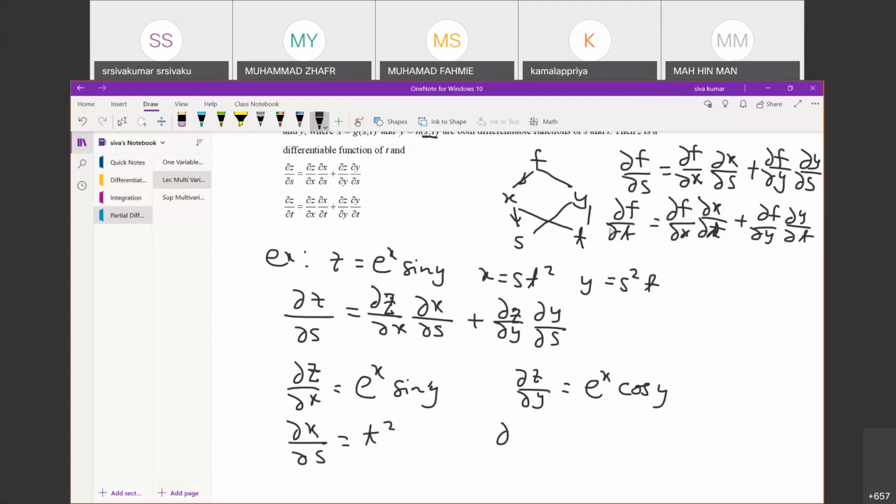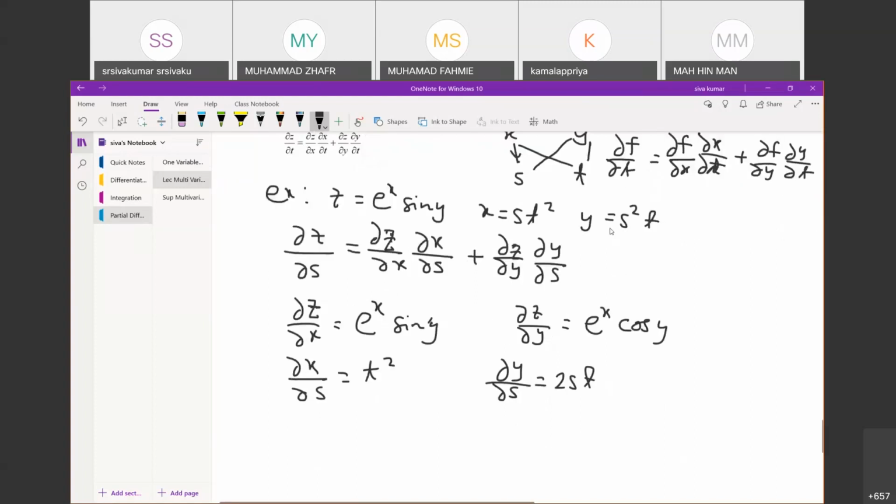What about this? Del y to del s. By now, I think you can understand my differentiation. Now you can see this is s squared t. Focus only on s squared. Don't look at this one. How do you differentiate that? 2st. Done. Now you combine back. Your role here is to combine the whole thing. But remember, del z to del s can only see s and t. Therefore, x and y should not be included inside.